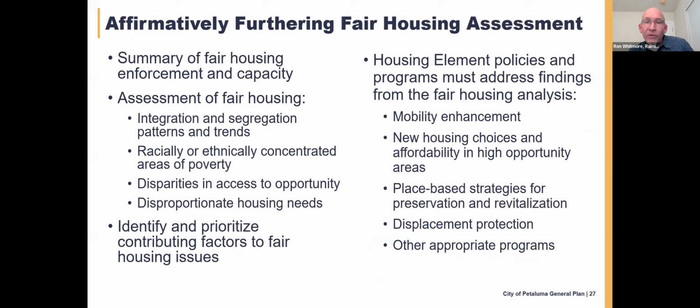Related but distinct from the housing needs assessment is the AFFH requirement. With the 6th cycle, much more thorough review is required, and that includes a review of existing housing, fair housing enforcement, and capacity to assess fair housing. It also builds on the housing needs assessment and additional fair housing analysis tools to analyze citywide trends, and also looks at the site inventory from an affirmatively furthering fair housing lens. And based on all that, the housing element then must identify and prioritize contributing factors to fair housing issues and include meaningful goals and actions to advance fair housing.